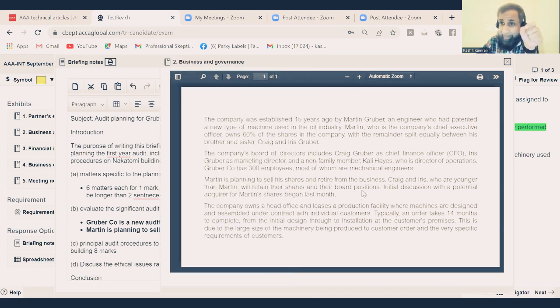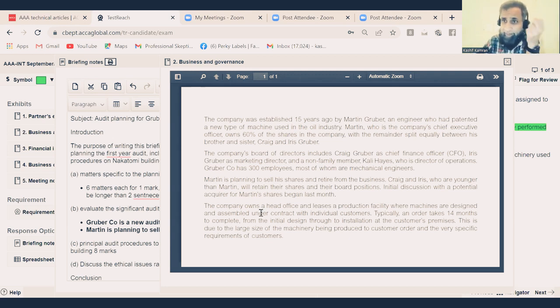And is the examiner drawing attention to it? How do you know the examiner is drawing attention to it? Look at the amount of content the examiner has written here. Almost 3 lines. So is the examiner drawing attention to it? Yes. So Martin is selling shares and the negotiations are underway. That means there is a risk that Martin can manipulate the financial statement for a better share price. He has a self-interest. Just hold it on, move on.